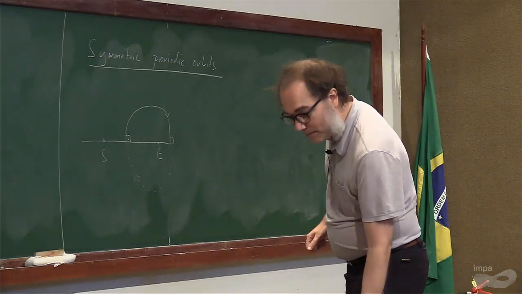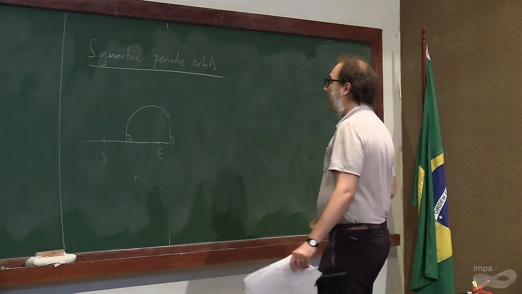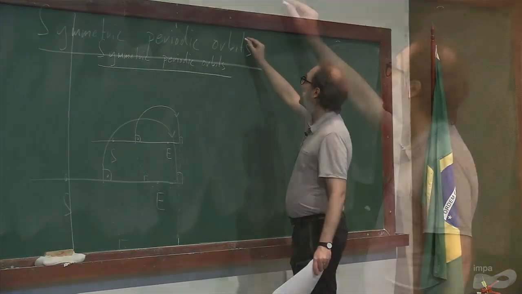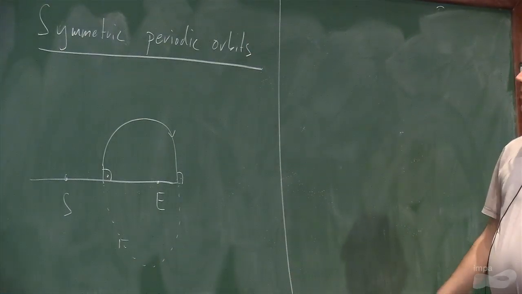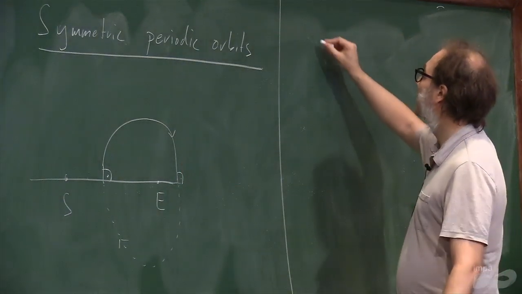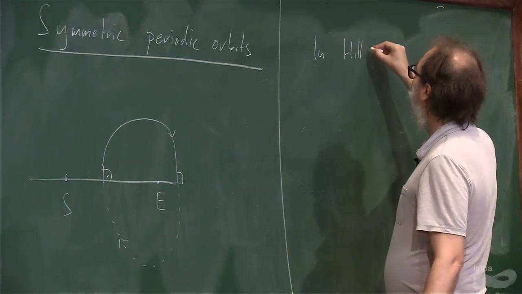So this plays a big role in the restricted three-body problem, but now in Hill's lunar problem, you have two involutions. So in Hill's lunar problem,